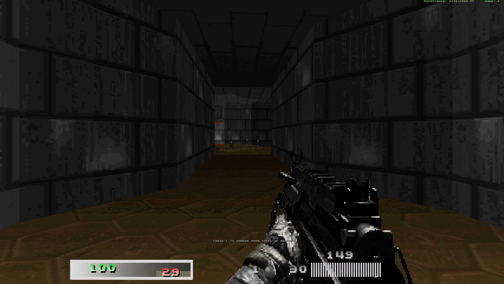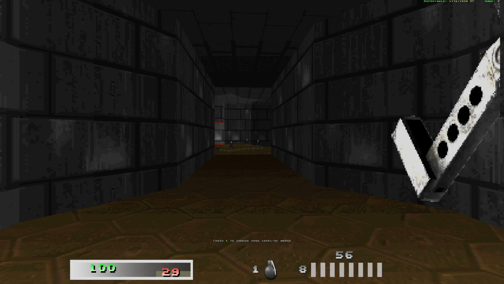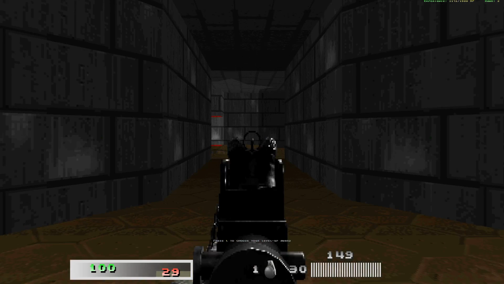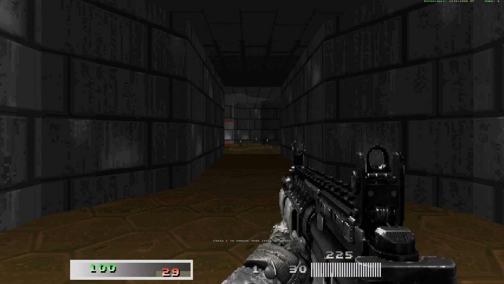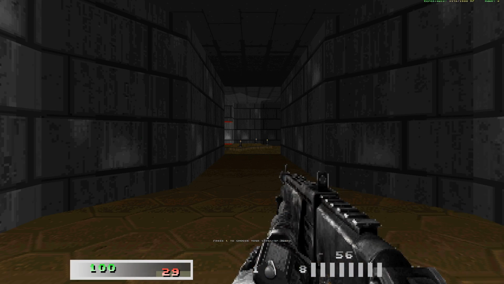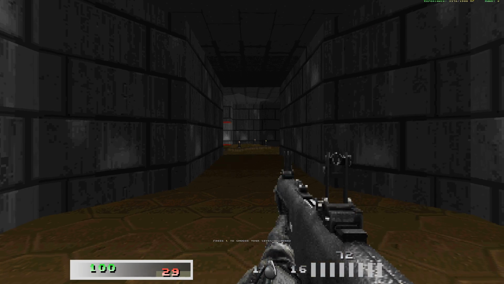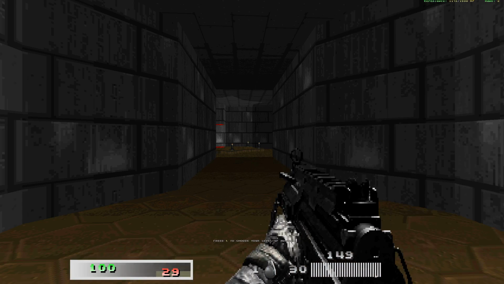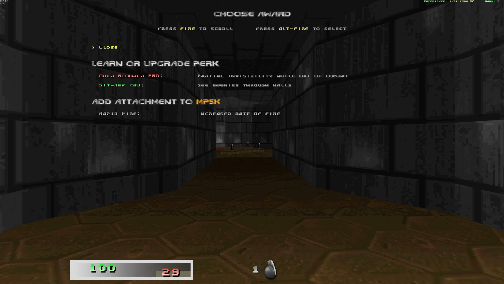So, what do we want to upgrade? The weapons we've got: the MP5 submachine gun, our trusty M4 carbine, our SPAS 12 pump action shotgun, and our AA12 full auto shotgun. I think what we're going to do is level up the Sitrep Pro. The Cold-Blooded Pro, honestly,